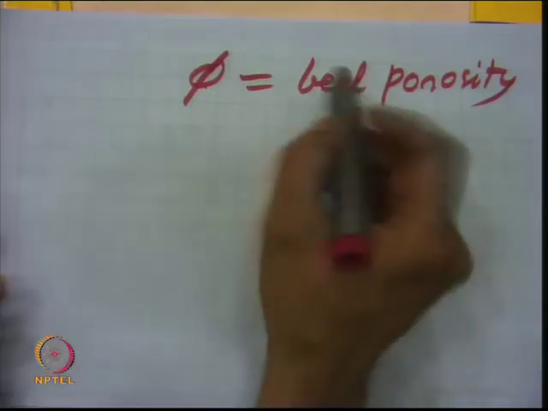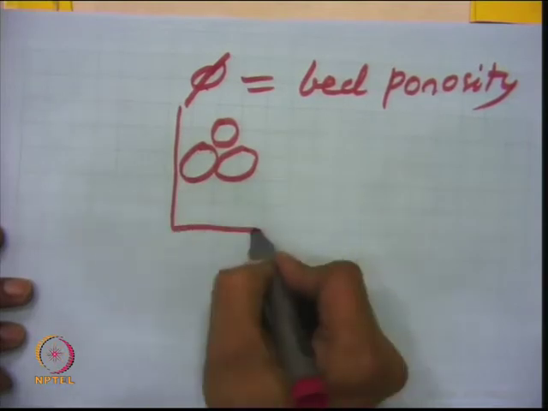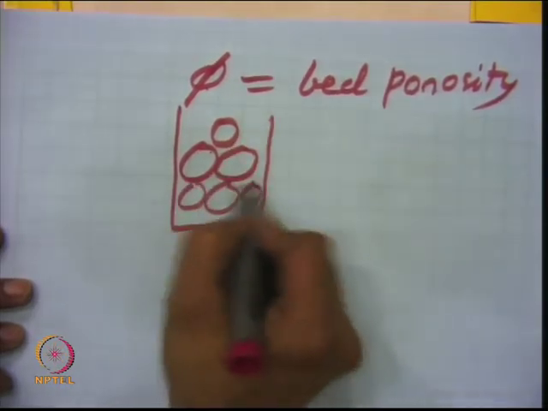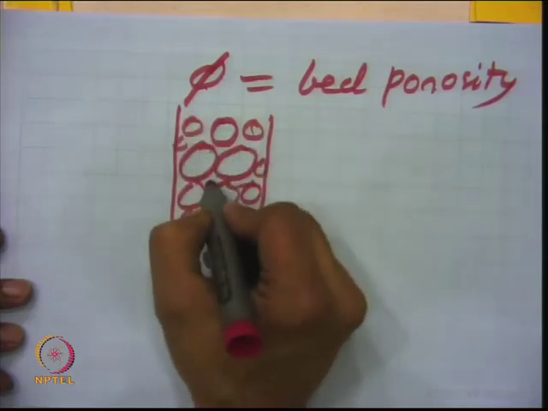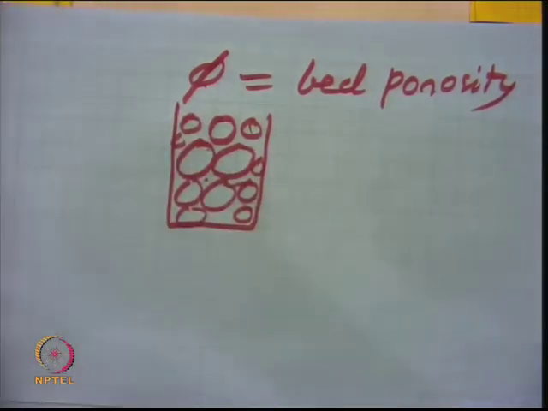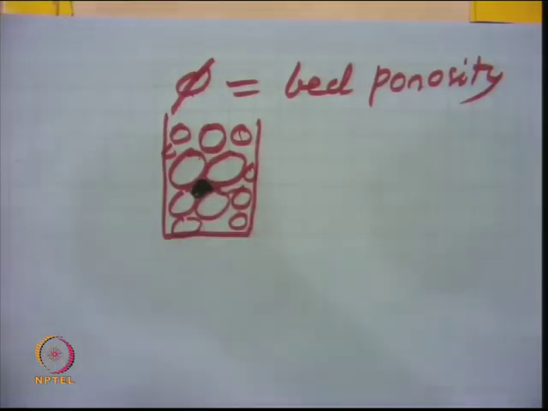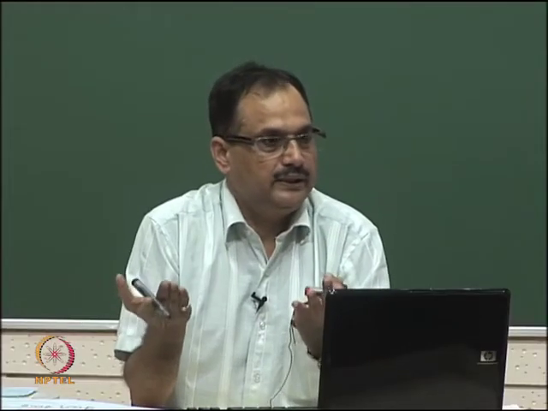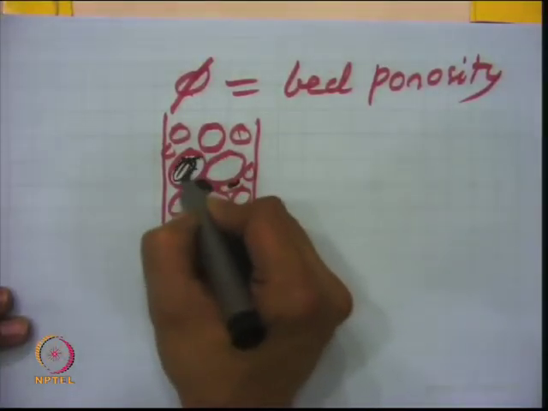And when I am talking bed porosity, it is like this, the pellets have been placed in a reactor which is cylindrical form, and this phi is the fraction of the void here, which are the gaps here. If you look at these gaps, this is a kind of fraction between the catalyst. In between there is no catalytic reaction basically. If you have a contribution of some thermal, it can happen, but otherwise there is no catalytic reaction in these gaps, voids. Catalytic reaction will be inside this surface.